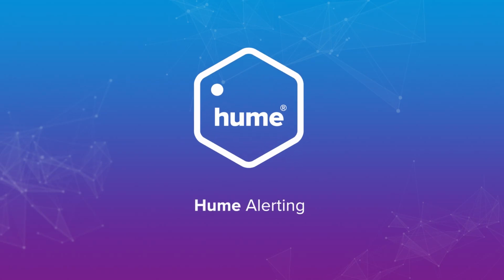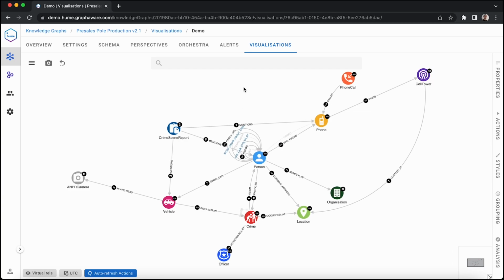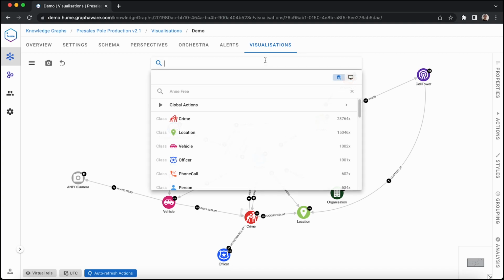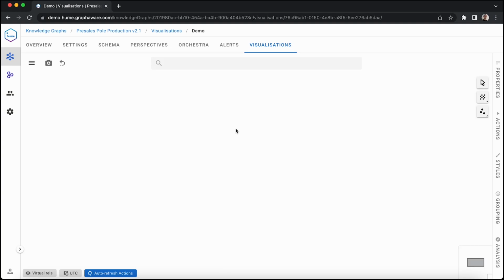In this video, we will present how easy it is to use alerting in Hume and be instantly notified of any changes in your data. We are currently doing an investigation on a suspect named Anne Freeman, so we begin by searching for their name in the search bar. We then view that node on the canvas and can view its properties: